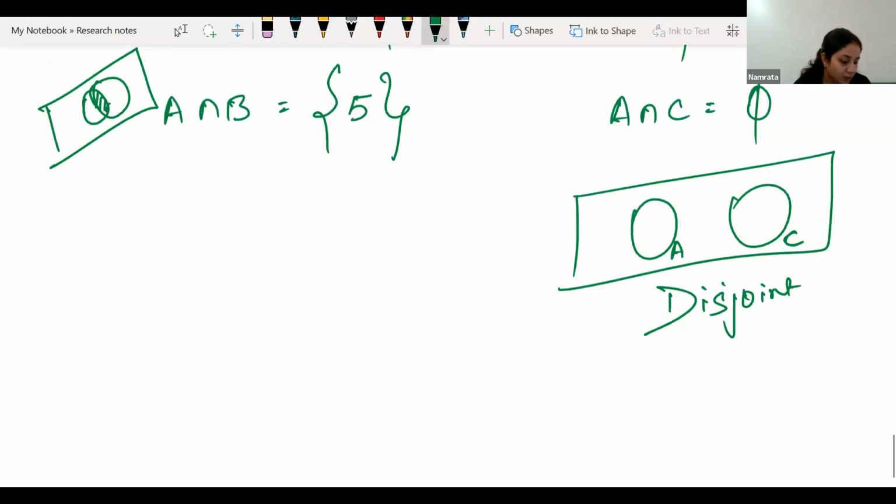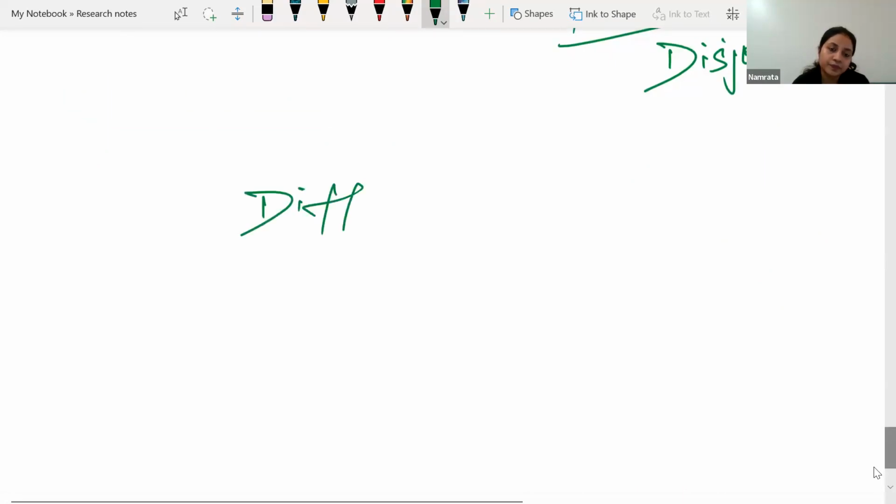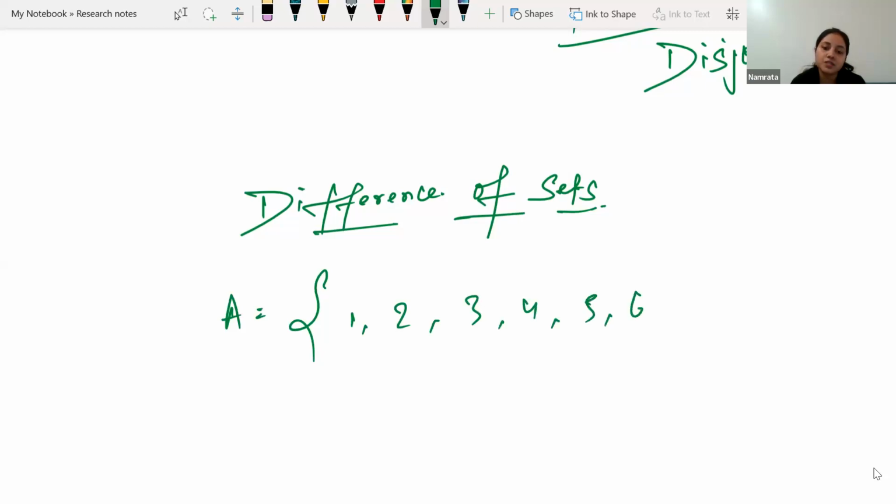Okay. Now the next operation, that is difference of sets. So difference, when we are having set A, let's say 1, 2, 3, 4, 5, 6, 7. And when we are having another set B, let's say 6, 7, 8, 9. Then A minus B,